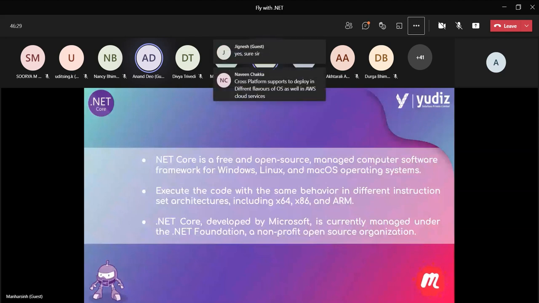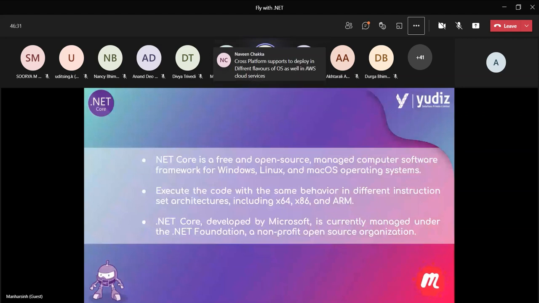Yeah. So as sir explained, in 2002 .NET released framework version 1.0, but it only supported Windows. But now the world is moving towards new technologies. So in 2016, when they released .NET Core, it was open source and cross-platform as well. So now we are not dependent on Windows only. Now we are doing the same coding on Linux and Mac OS as well. And the second thing, it is open source. So now if we want to